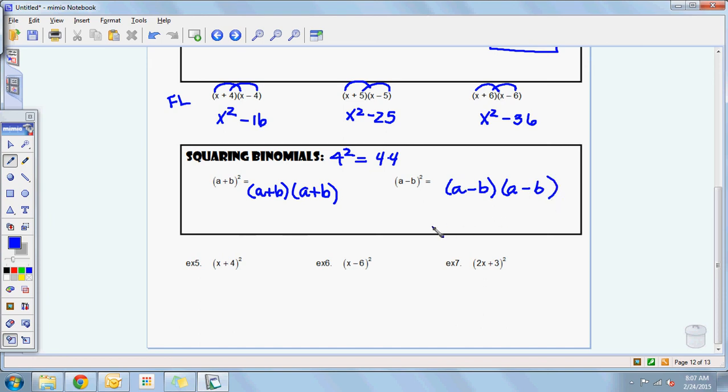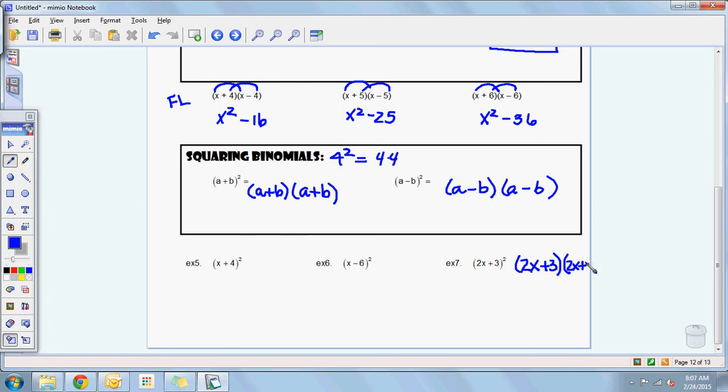Is this the special case? Absolutely not. Look what's happening. We don't have a plus and a minus. You have to have a plus and a minus in order for the special cases up here to work. So I'm going to have you guys try these in a minute, but let me show you this one. So you have 2x plus 3 squared would be 2x plus 3,